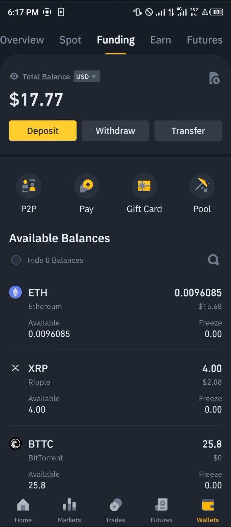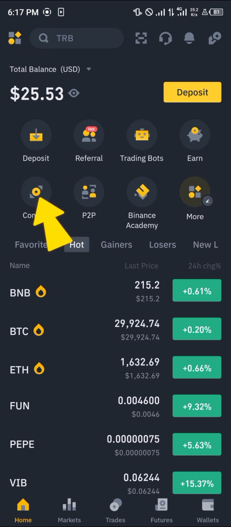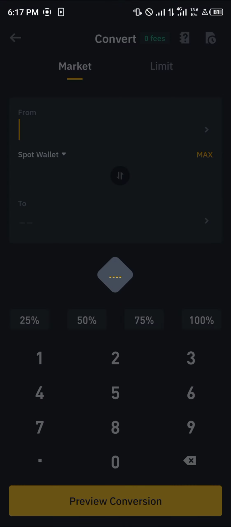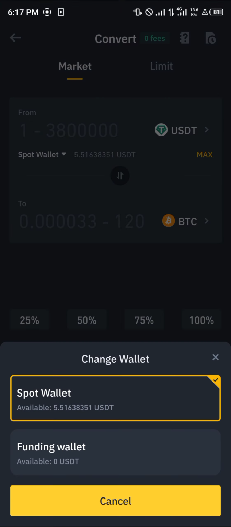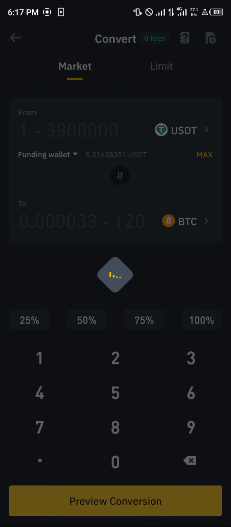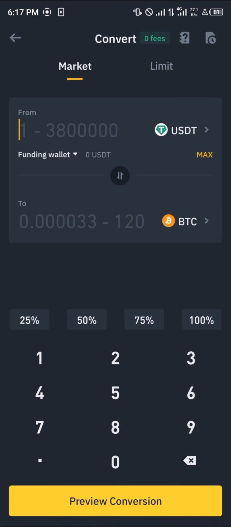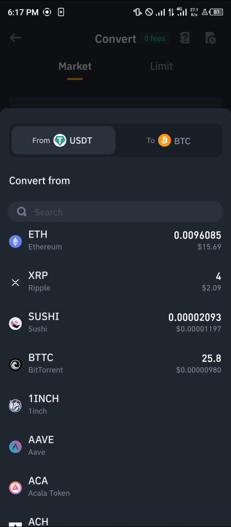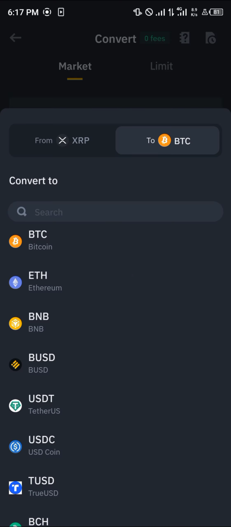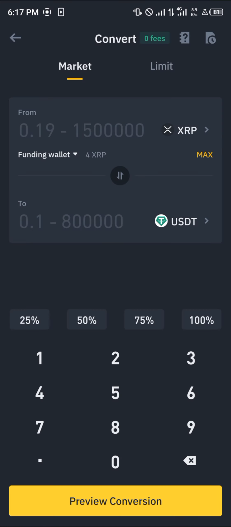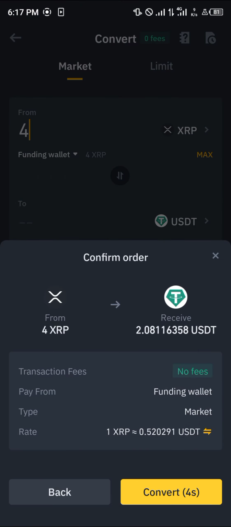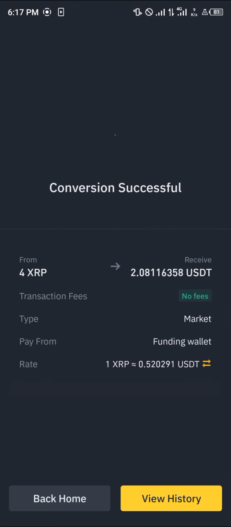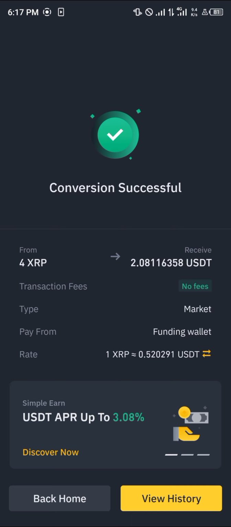So once you've found it, simply head over to the home section, select the convert icon, which is just here. And once you've selected the convert icon, click on the spot wallet option, select funding wallets. Once you've done this, click on the wallets, click on Ripple, and simply select the USDT. Once you've selected USDT, click on Max and click on Preview Conversion and click on Convert. By doing so, we've successfully converted our XRP to